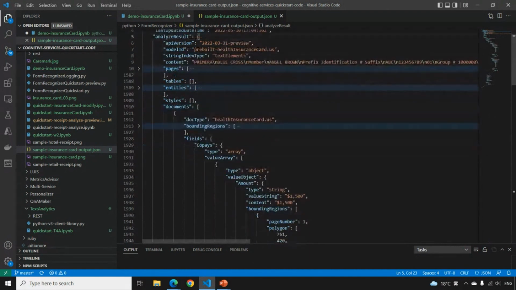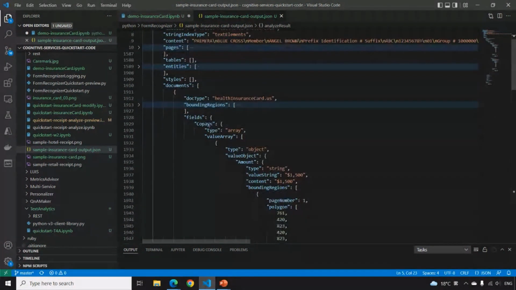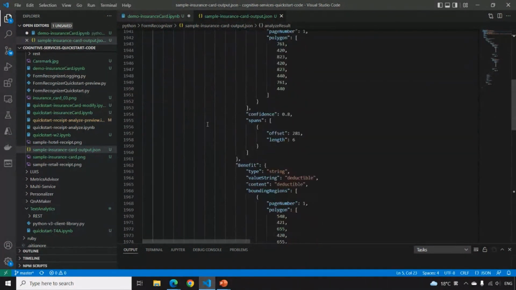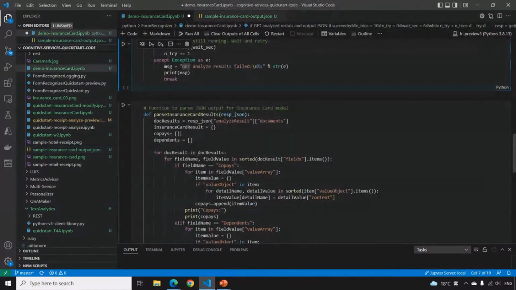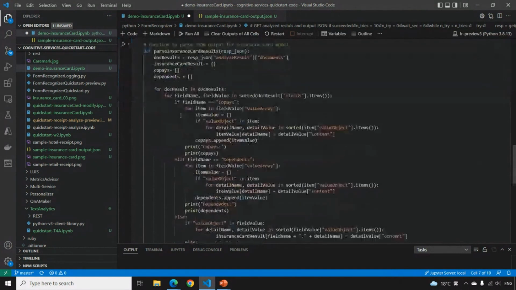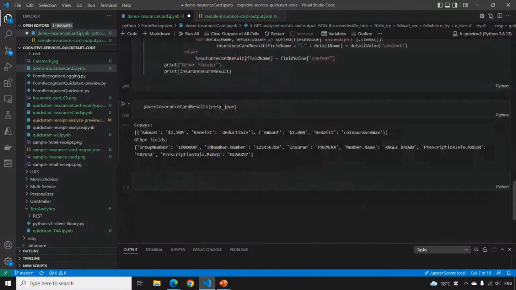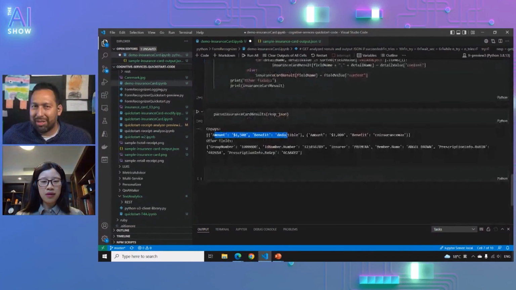It also includes the key fields, which I just showed, like the copays, the RxBin, RxPCN information. And I have this function that parses this JSON result, and the output will look something like this. Interesting. So it's literally just a post and a get call to get the stuff out of the form in the way that you want it. Yes, exactly.